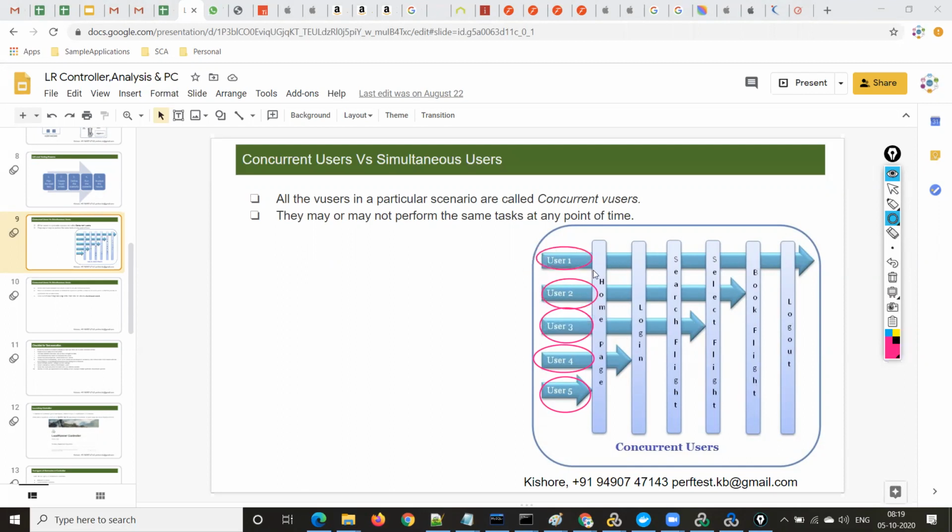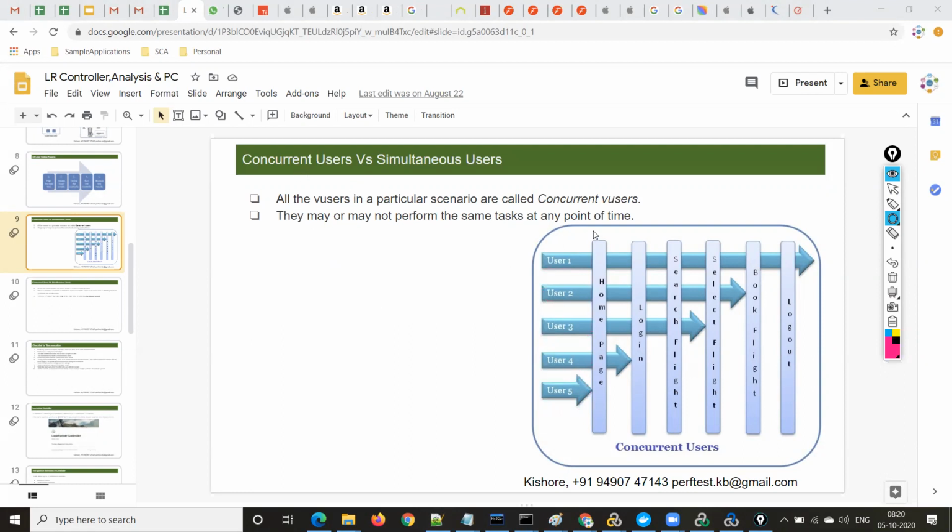User 1 has performed all these steps: home page, login, search flight, select flight, book flight, and then logged out. Is this diagram understood?